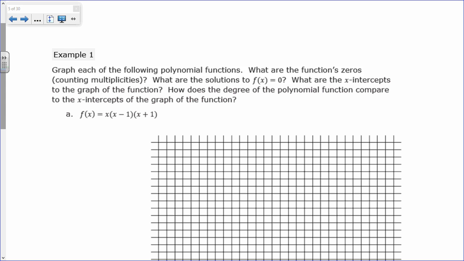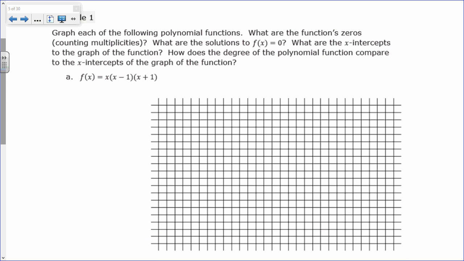Graph each of the following polynomial functions. What are the function's zeros, counting multiplicities? What are the solutions to f of x equals 0? What are the x-intercepts to the graph of the function? How does the degree of the polynomial function compare to the x-intercepts of the graph of the function? So,